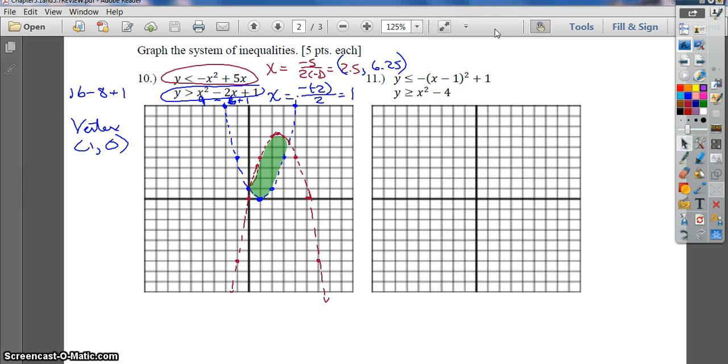Okay, let's go ahead and take a look at 11. 11, the top one I'm going to do in blue. This is a nice guy. My vertex is at 1, 1, opposite, same. Okay, if I put 0 in here, 0 negative 1 squared is 1, negative 1 and 1 makes 0. I'm going to go ahead and put 3 in. 3 minus 1 is 2. 2 squared is 4, so that would be negative 4 plus 1, negative 3. If I put in, let's see,